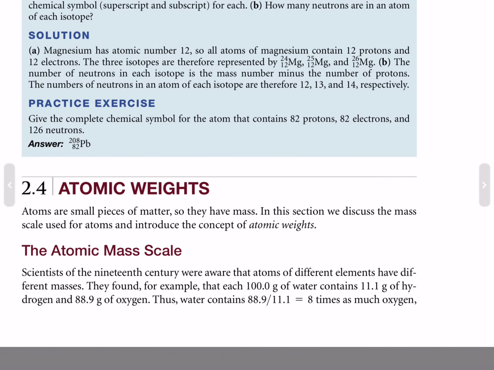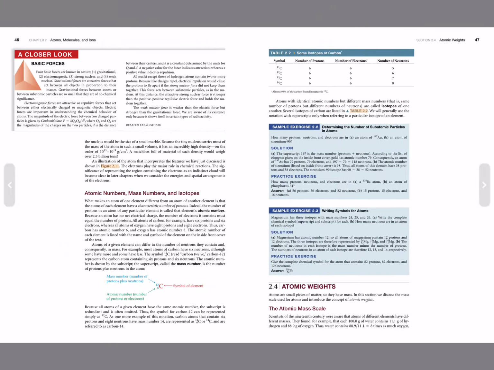The atomic mass scale. Scientists in the 19th century were aware that atoms of different elements have different masses. They found, for example, that each 100 grams of water contains 11.1 grams of hydrogen and 88.9 grams of oxygen. Thus, water contains 88.9 to 11.1, or 8 times as much oxygen